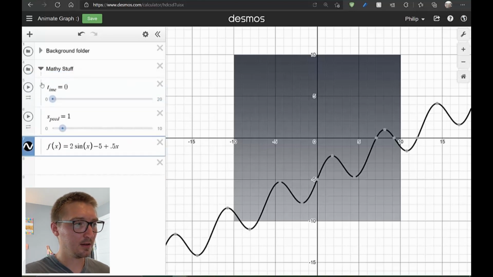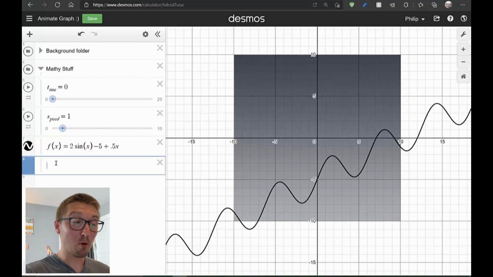You can tell that by the faint gray line that's there. So we need a point that is going to travel along this path. So this black line is my road. Now I need something that's actually going to move according to time. So I typically will label this,